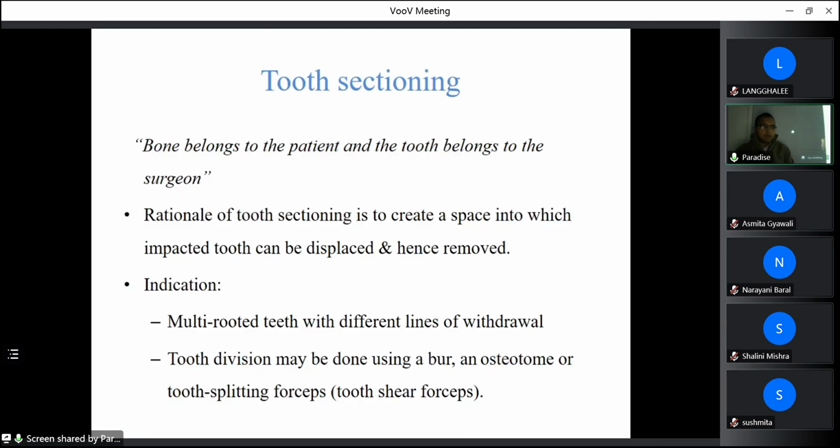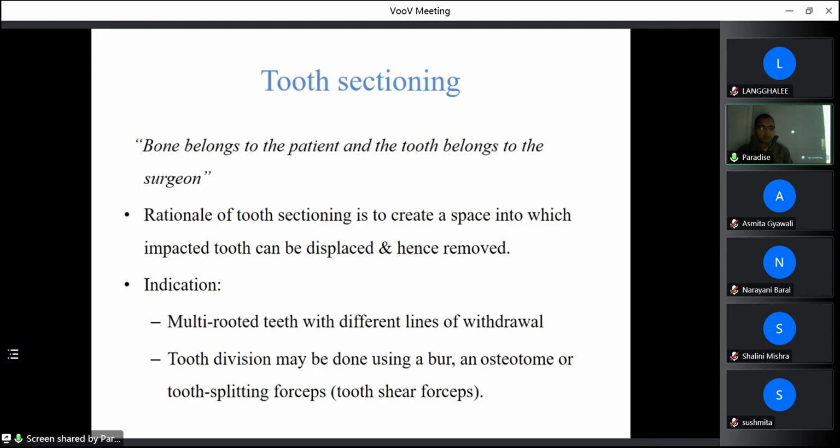No, after bone removal, you have to do buccal guttering. Then the next step is tooth sectioning. It is said that bone belongs to the patient and the tooth belongs to the surgeon. So it's better to section the tooth rather than to remove the bone, because anyhow you are going to remove the tooth. So no problem whether you take out the tooth in total or you section the tooth and